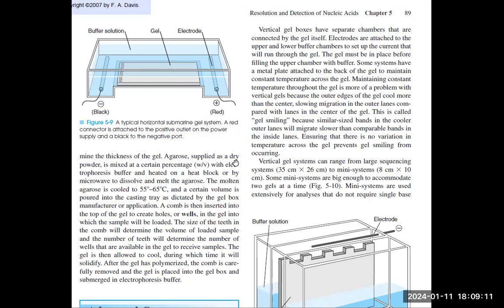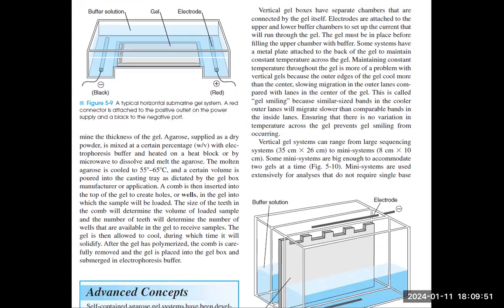Agarose applied as a dry powder is mixed at a certain percentage weight per volume with our buffer, and it's heated on a hot plate or in the microwave, which is used to dissolve and melt the agarose. And you might ask me, what is the temperature at which we need to pour it? If we can reach a temperature of 55 to 65, we can pour it in our casting tray, and then